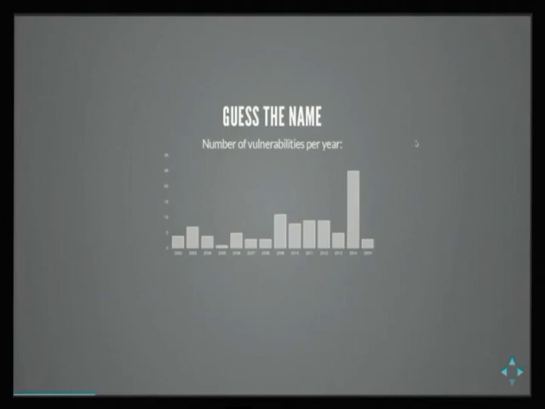So a little bit of a small puzzle for you. You can guess the name of a project. I figured that after the first talk, this will be pretty obvious. Yes. This is OpenSSL. Good guess. So you can see, obviously, that in 2014, after Heartbleed, it became cool to find vulnerabilities in OpenSSL, and they had around 25 just last year.